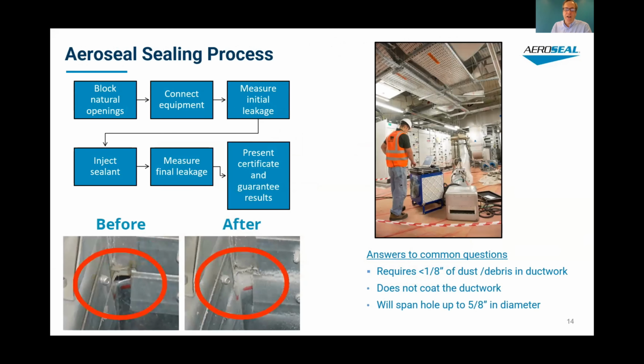Here's just a quick dive into the actual process. Once we've collectively decided that the project makes sense and we've got the plan in place, our teams go out. We'll section off the building and do a section of sealing in the ductwork at a time, and we'll step through over 2, 3, 4 days throughout the building, hooking up this hardware, injecting the sealant into the ductwork. Prior to that, we block off any natural openings, ventilation, some vent work, duct work, certain sensors that we'll